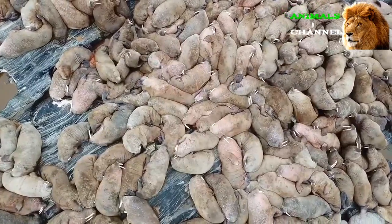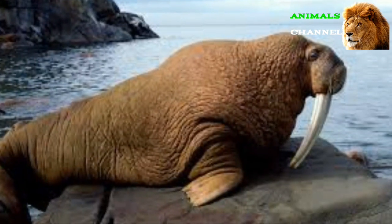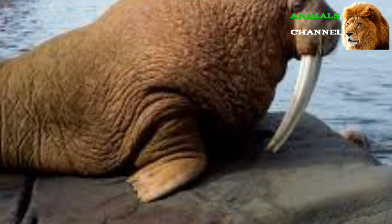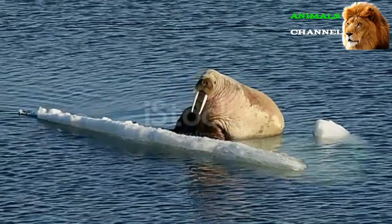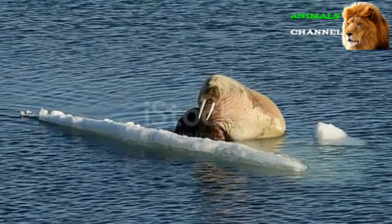Walrus pups have short and soft hair covering their bodies, pale gray flippers, and a thick, white mustache with no visible teeth. They suckle only on their mother's milk for their first 6 months, when they begin to eat more solid foods. After their first year, walrus pups are almost triple the size they were at birth and begin to